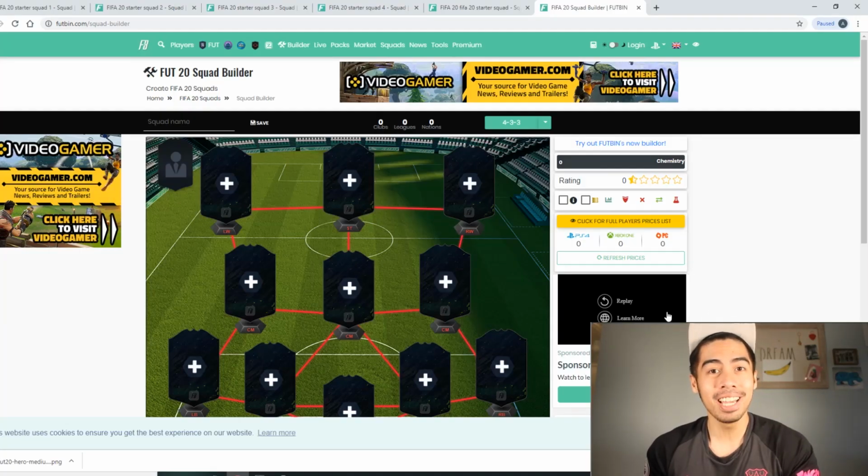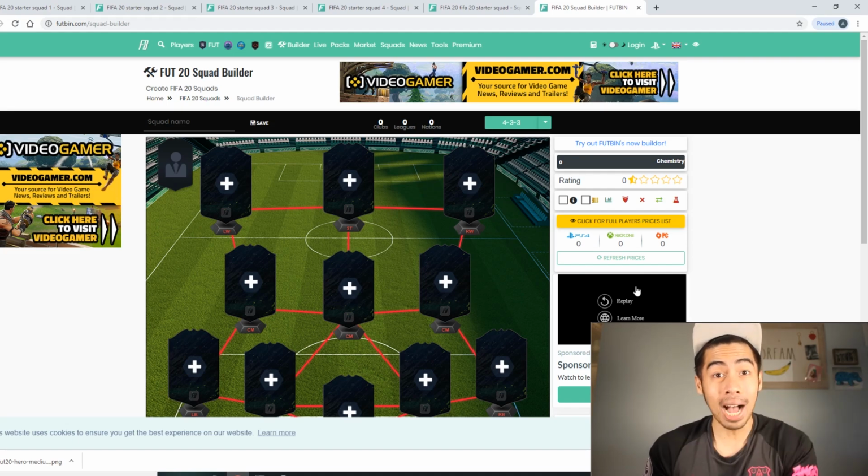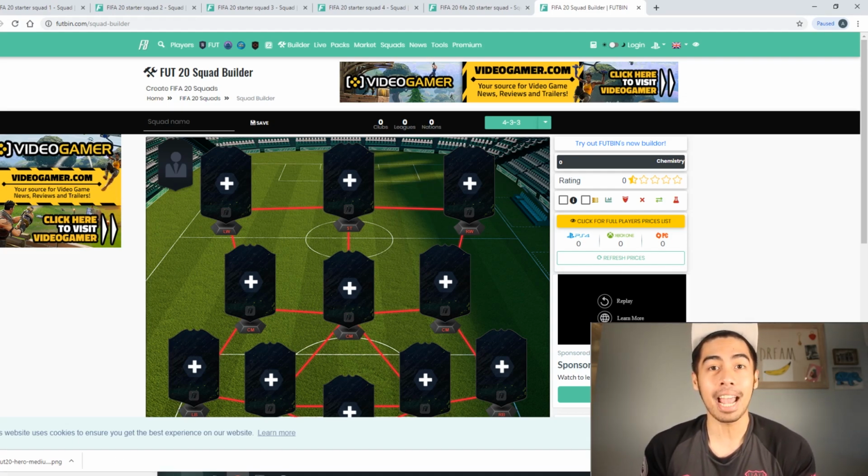What is going on, YouTube? It is your boy, One Star Week Fit, and we are back for another FIFA 20 video. And today, we're going to talk about starter squads. And in my opinion, this is the funnest part of every FIFA at the beginning of the year. Finding the cheap beasts. Finding the hidden gems that are going to carry your squad through the beginning stages of